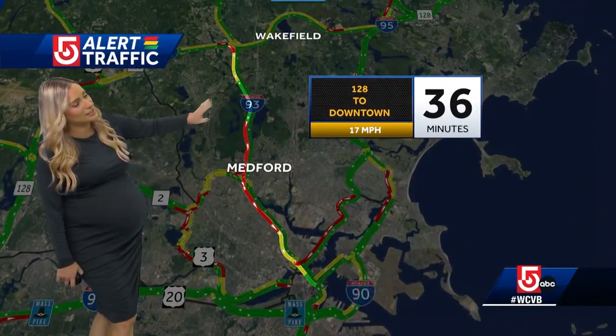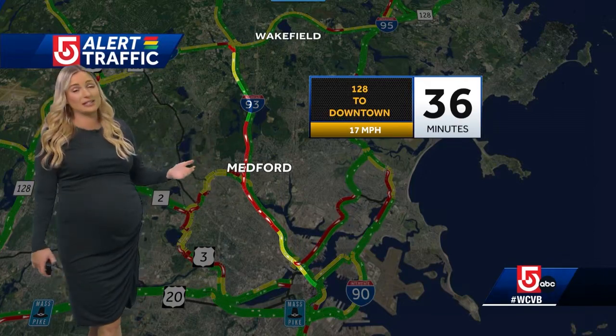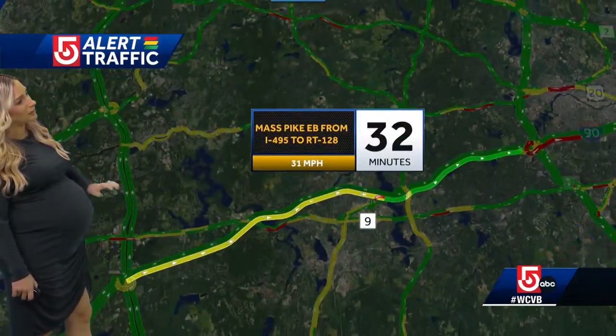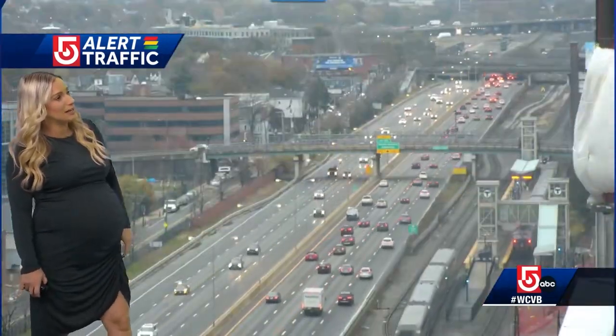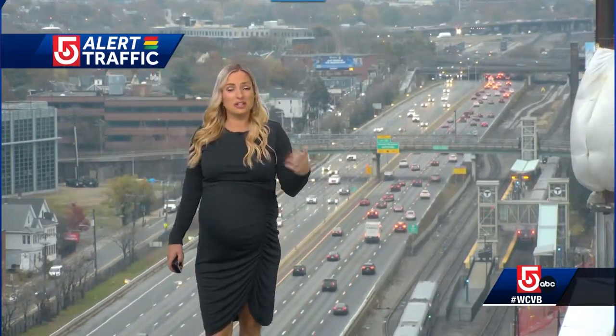93 southbound becomes a really tough ride after 7 a.m. It's 36 minutes now. That's the best we'll do till about 9 from 128 down to the Zakim Bunker Hill Bridge. And then out to the west, the Pike looking like 32 minutes from 495 to 128. After that, 17 minutes from 128 downtown. Things still moving okay for now through Allston, Brighton. And looks like the rain has pretty much